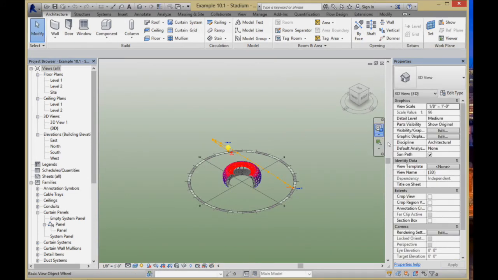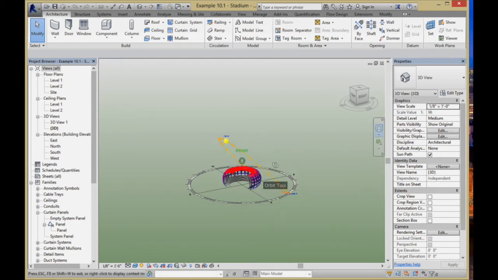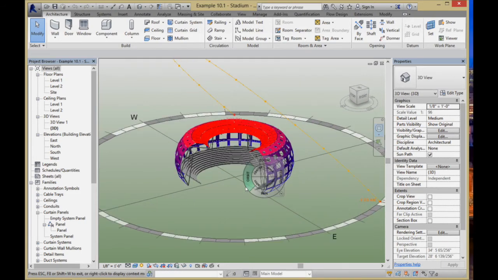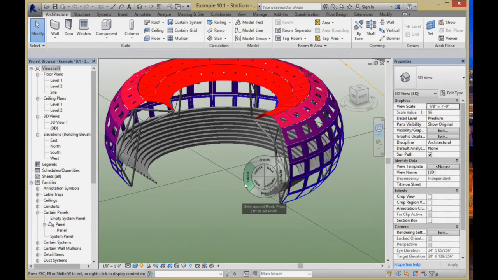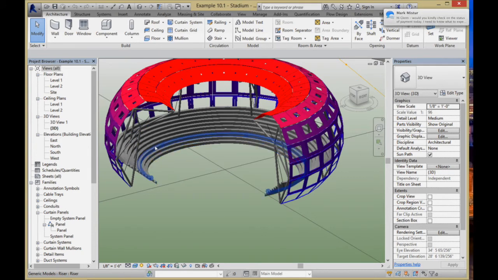Okay, just so you get a sense of where we're going tonight, here's the finished effect that we're going after. We zoom in there. I have the stadium itself that has a whole series of these different trusses. These are the things that I call the risers. And these are the panels